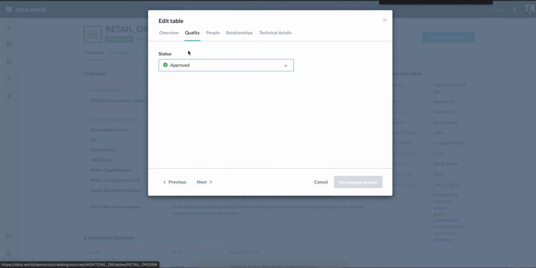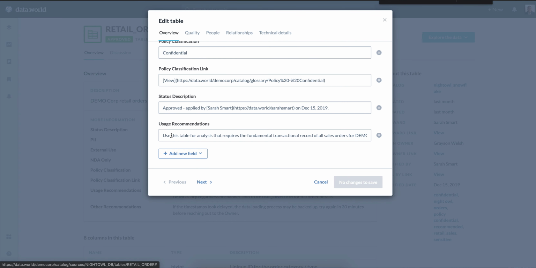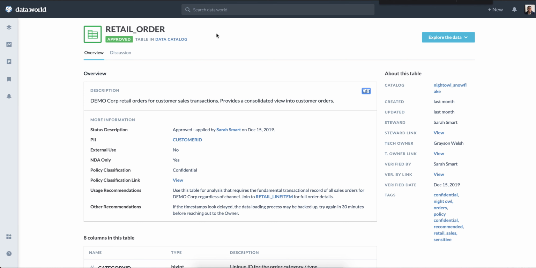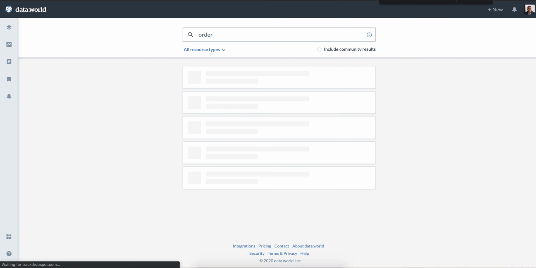Additionally, with quality, you have these different statuses that have been defined. Now the question is, where do these different statuses come up, and where do all these different fields, where are they defined? By the way, in addition to when we have a table here, this also shows up in business